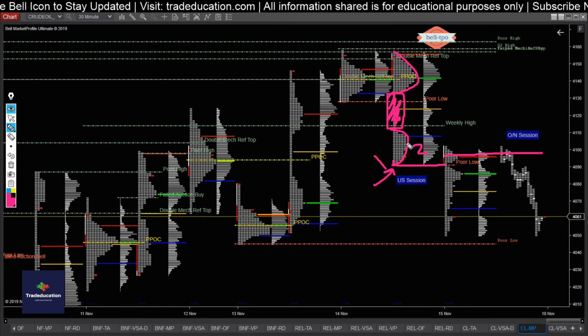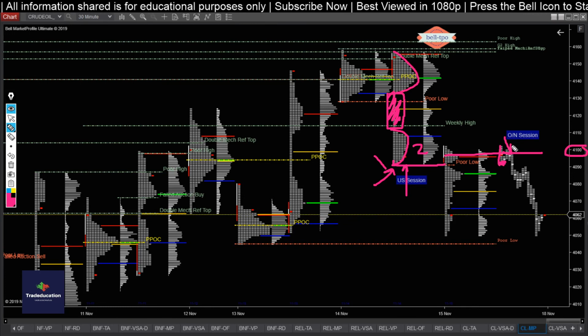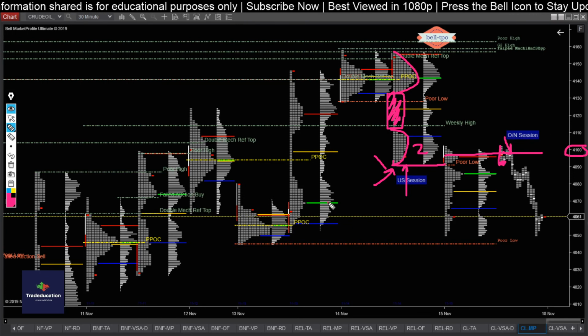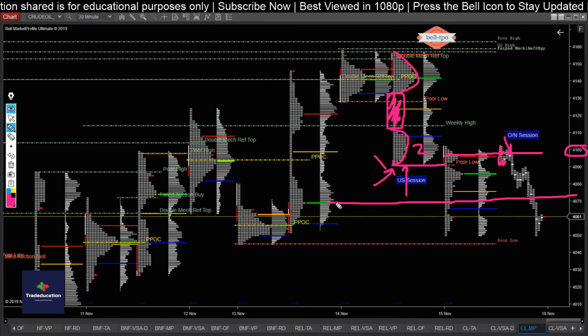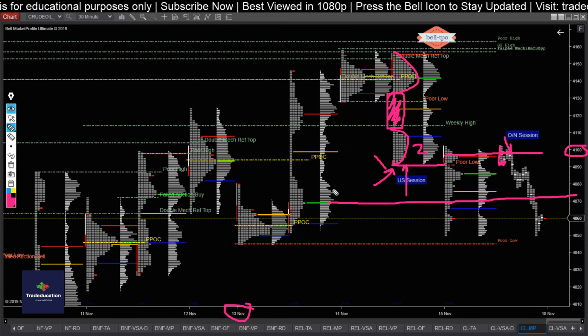As the auction is opening in a lower balance, the odds are higher that the weaker references, the poor lows, will get cleared. So it got cleared. Then there was again a poor low, an AB low, and this was a sort of pullback. This was a sort of pullback. And at 4100 is where you could have taken a short position, keeping your first target at the point of control of the 13th of November, of this US session.